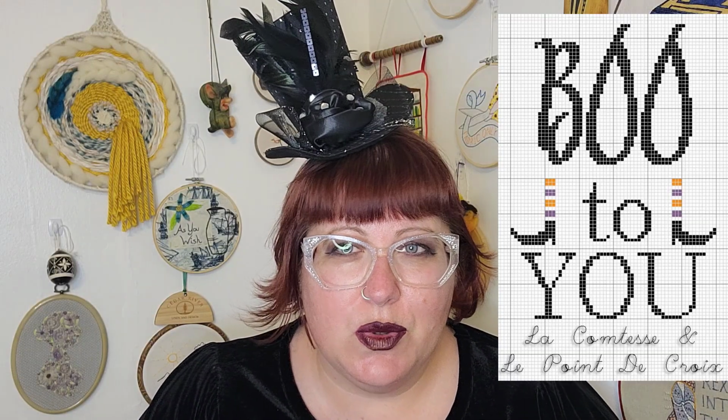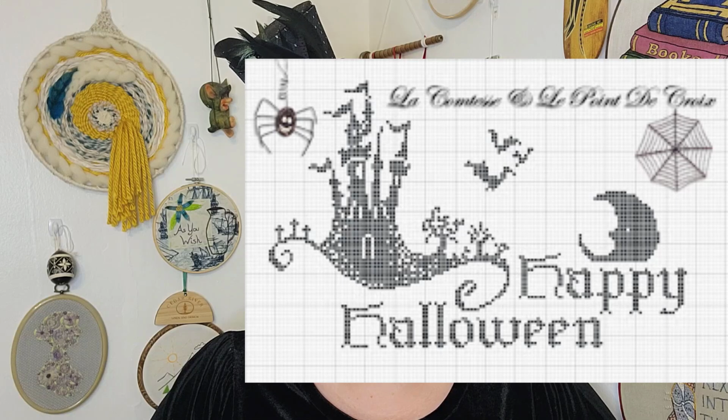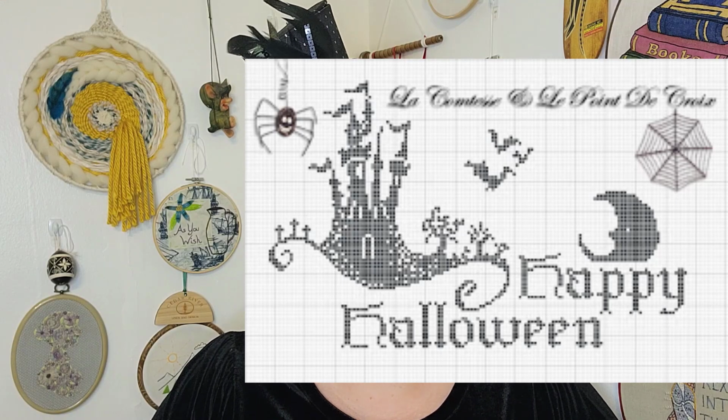Next is Halloween with some fun accent motifs that fit with spooky season, like pumpkins and cats and spiders. I mentioned witch shoes, and here is another witch shoe, a chic witch. Boo to You with a couple more shoes. And finally, a monochrome Happy Halloween with a really spooky castle. I kind of like that castle, and I think I'm going to stitch it because I do love me a castle. It comes with the territory of being a medieval historian.